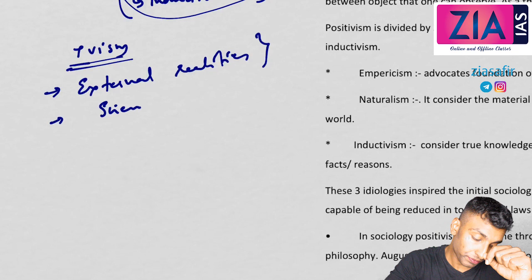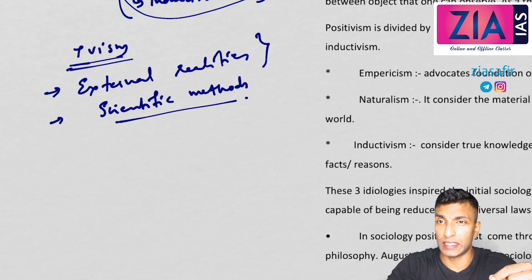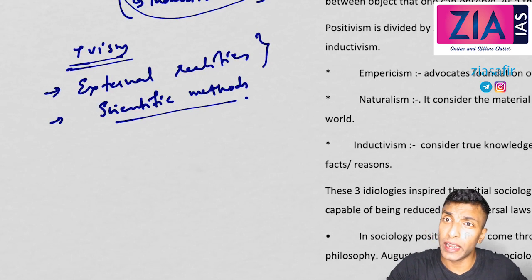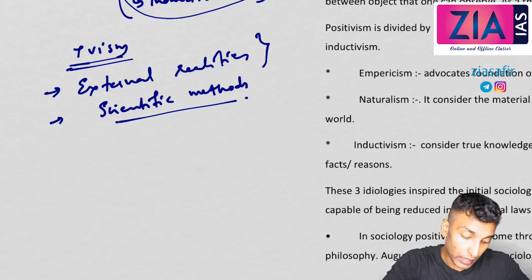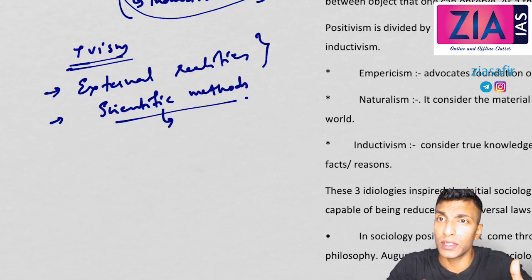Okay, so you should be using scientific methods, and we will discuss enough examples. A lot of methods are devised and a lot of methods are used also. For example, in the beginning, as I've told you, sociologists directly started using methods from natural science. Even if you talk about Durkheim, there is a classic study, the theory of suicide. In that he used statistical techniques. That is a direct method from natural science. So initial sociologists used methods directly from natural science, and you can quote this example. Durkheim, in his theory of suicide, used statistical techniques which is directly from natural science.